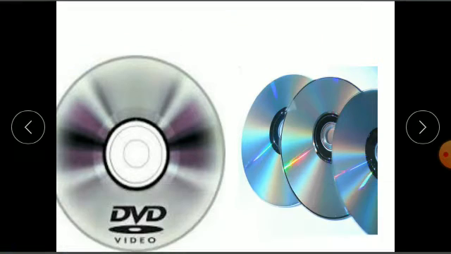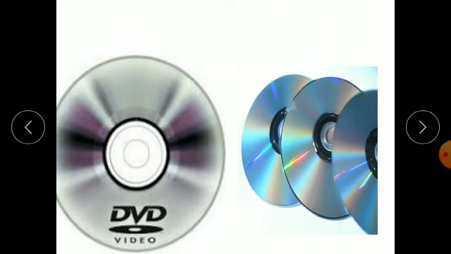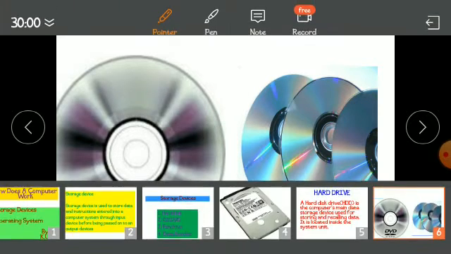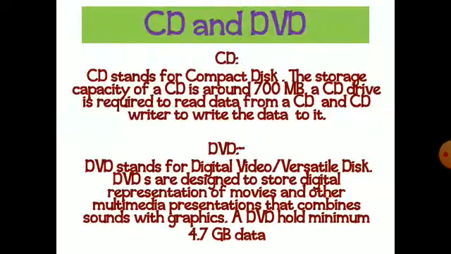Children, these two are CD and DVD. This is DVD, this is CD. CD stands for compact disc.